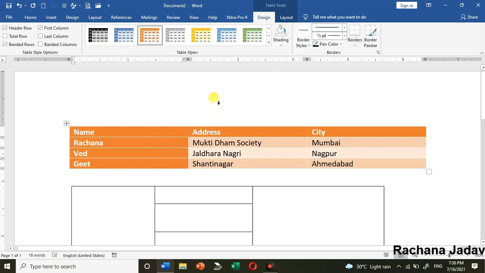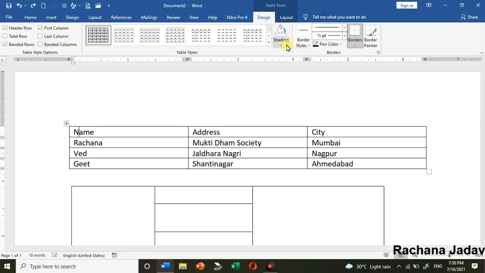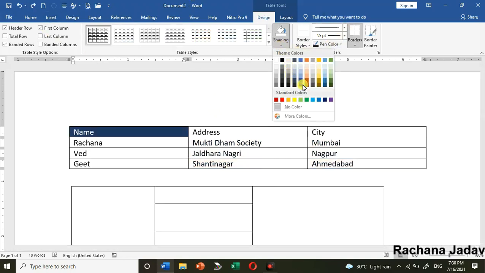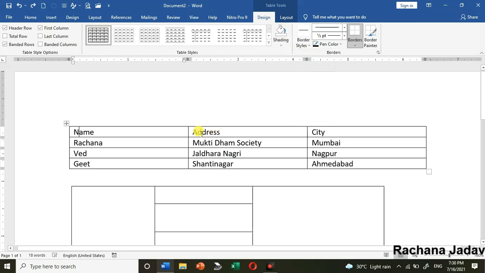अगर आपको अच्छा लगता है then you can go with the formatting over there. Even you can give the shading, अगर आपको shading देना है then you can give the colors over there. Okay, so in the cells the colors will come over there.